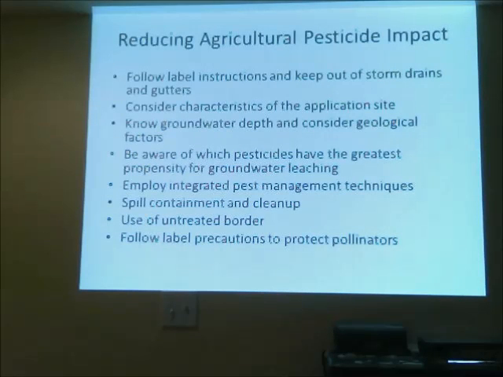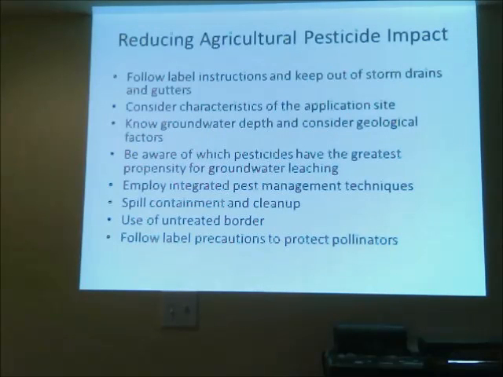The user must be aware of which pesticides have the greatest propensity for groundwater leaching, and again, that will depend on the chemical structure of the pesticides. Another thing that's recommended, and we've talked about integrated pest management techniques, because when we use these other kinds of techniques, that generally means that we're going to be using less pesticides. If there's any spills, they have to be contained and cleaned up rapidly. And another thing